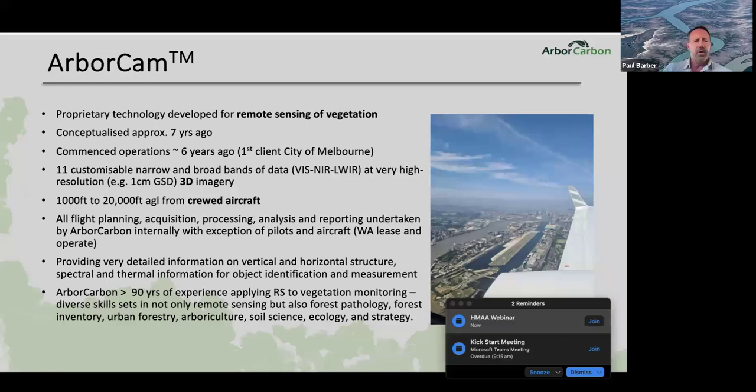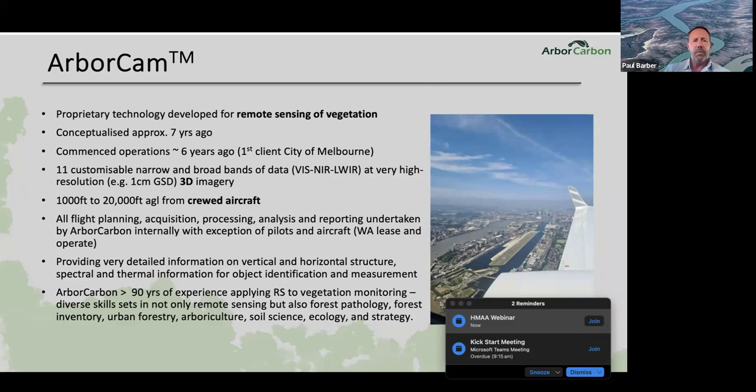We also produce 3D data, so point clouds can be produced, and we don't use what most people know as LiDAR. We have a different way of doing that. And if we drop the plane down and modify the lenses in the camera, we can produce imagery down to 1 centimeter pixels from the aircraft. So we don't need drones to do that. And I'll show you some data as we go along.